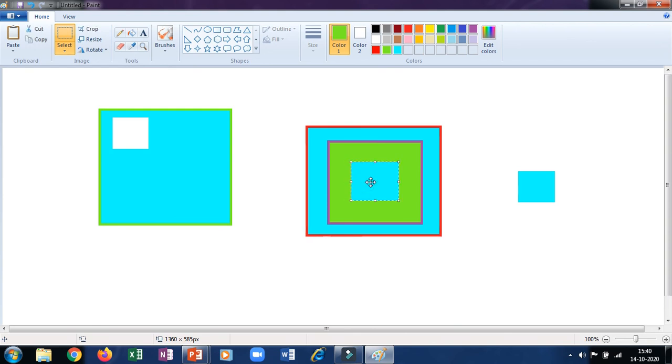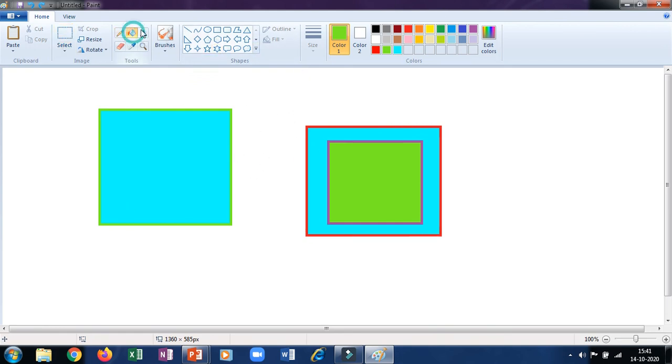Now these two steps, whatever I have done, I don't want that, it was done by mistake. So what I will do, I will use the undo option. See, the undo option and the redo next to that is present on the quick access toolbar. So let us do undo. We have to do it once, and this is removed. Now I want this area to be fitted over here back, so I have to go one step back again. This way you can do undo. Again I will show you.